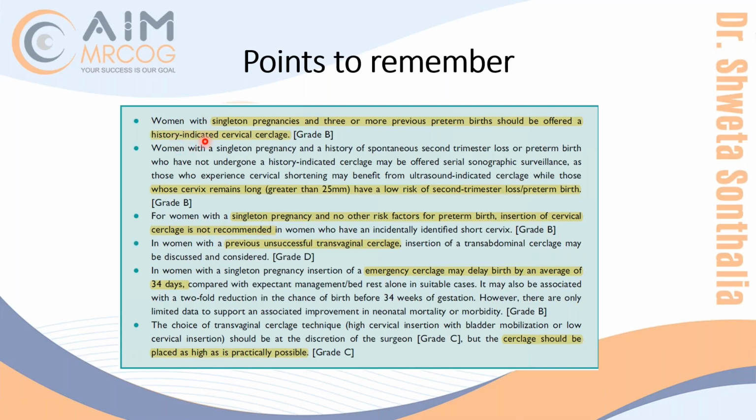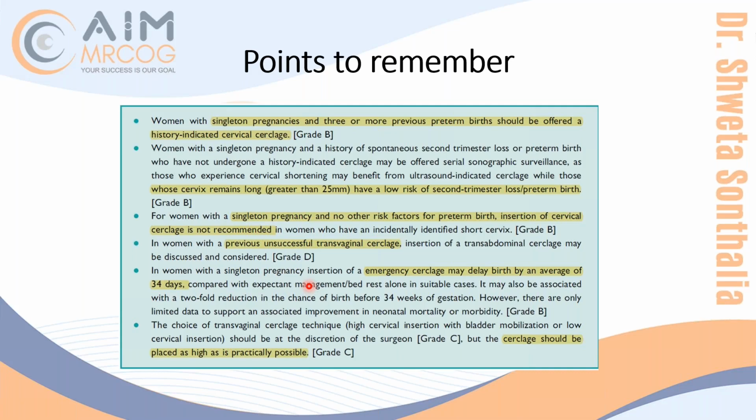Once you enter into the second trimester, you don't want to do it. So history indicated will always be 11 to 14 weeks, while ultrasound indicated will be when you detect it, like at 16 weeks, 18 weeks or whatsoever. So it will be later, but this will be 11 to 14 weeks. The same way, the interval cerclage or abdominal cerclage when you do it in pregnancy will be 11 to 14 weeks. So don't forget that, because sometimes they will confuse you on weeks also. In EMQ, they can confuse you on anything. So please be prepared for your knowledge.